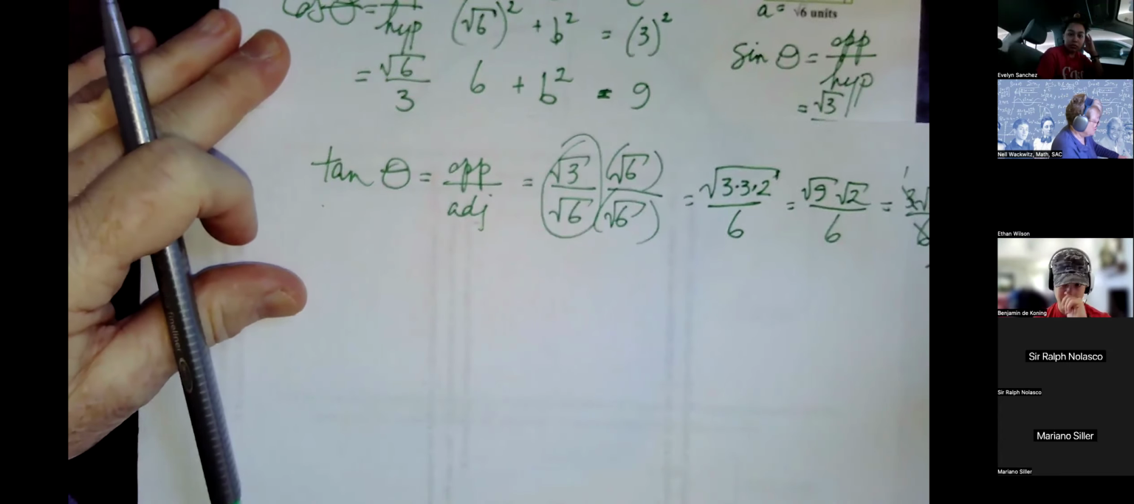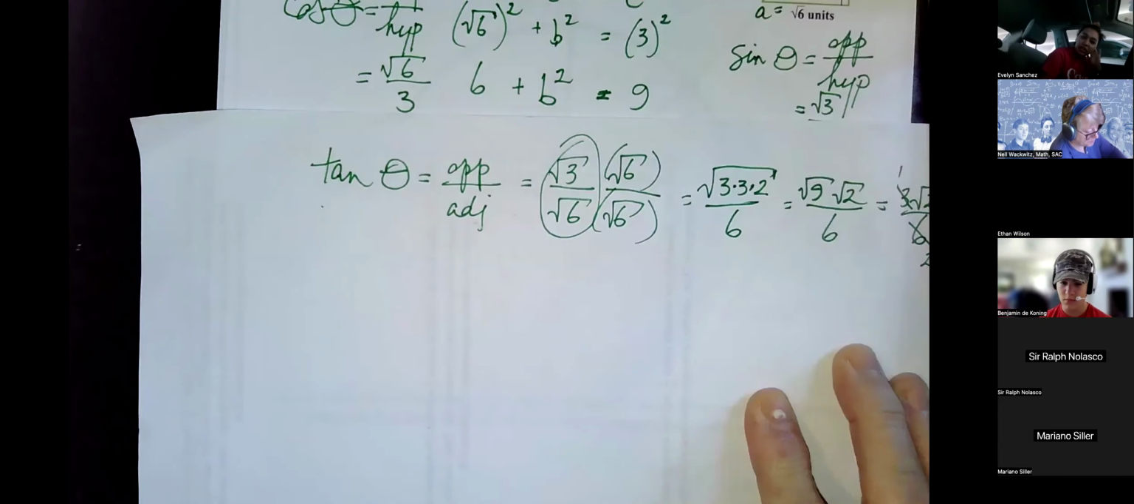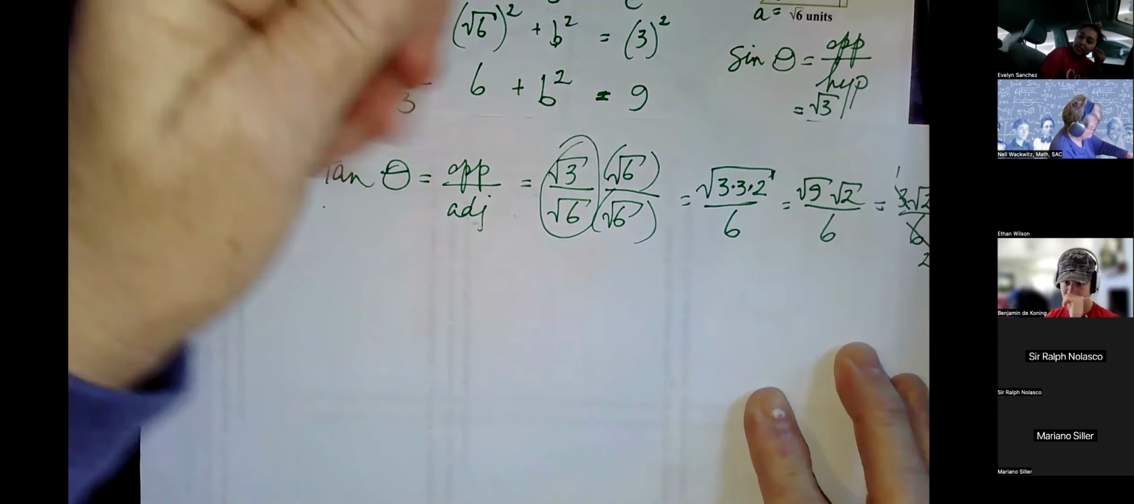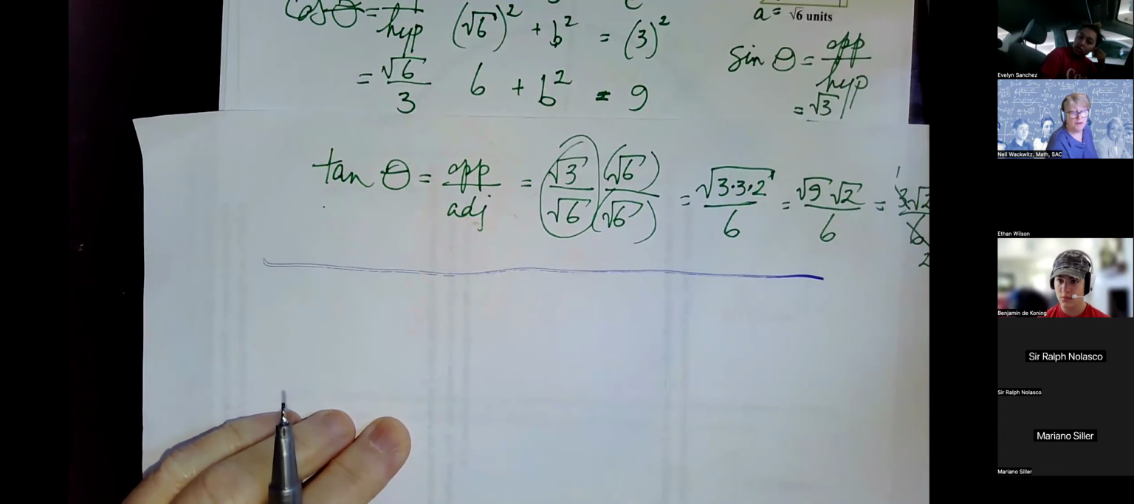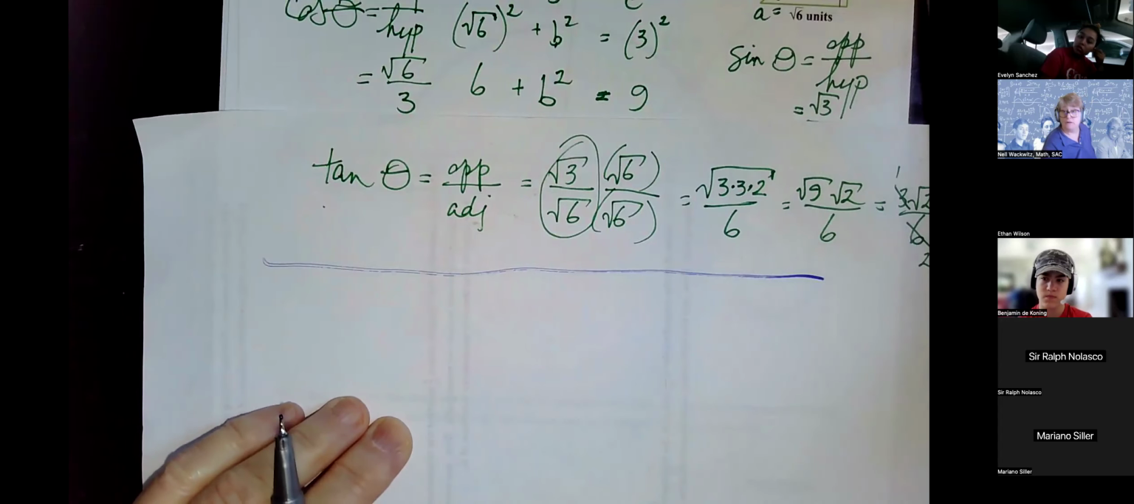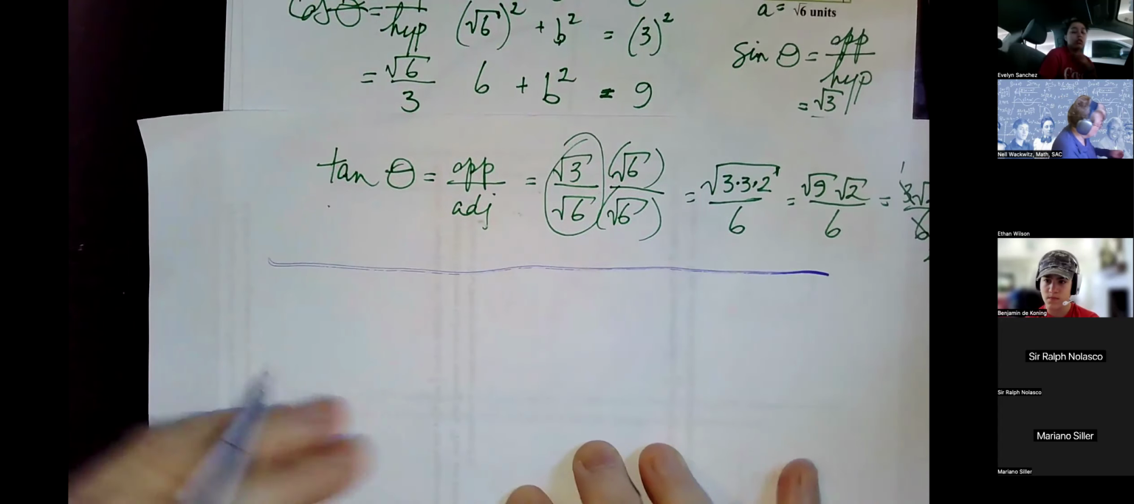So I'll explain now why I harp on this. Alex will make you rationalize every denominator. In other words, Alex will not accept an answer if there's a square root symbol in the denominator. It will say it's wrong, which, anyway,